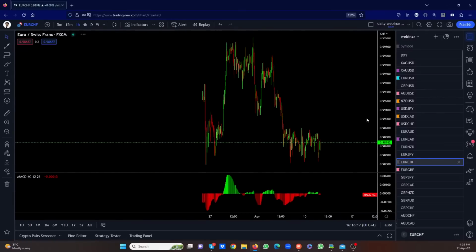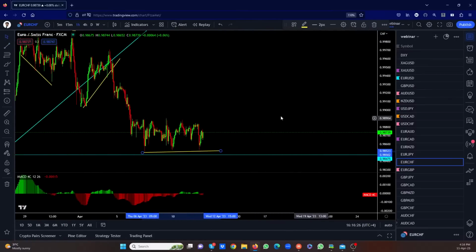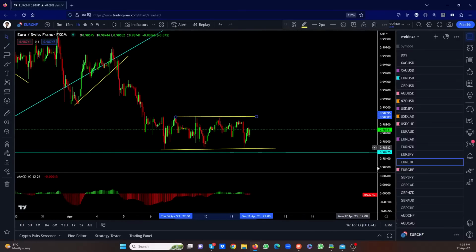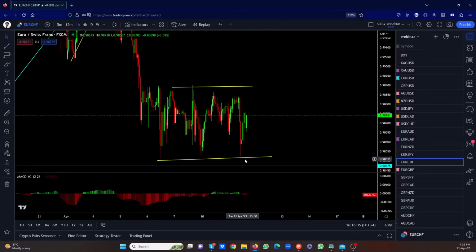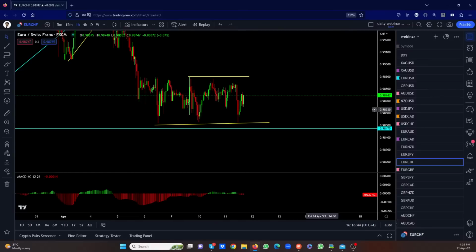Euro Swiss. Nothing. It didn't even break the low we wanted. We wanted this to come here and break the low, and then go back up. It didn't break the low, and it's still going sideways. So we're coming back to this stop, but we're not going up, right? See, this was the low. We're coming back to this stop here, I think. But we're not kind of going up. We're still in this flat, so I'm not going to be buying this, right? This is not a buy setup. I'll let it go to the top there, and then we look for the sell if we get the sell setup from the top.